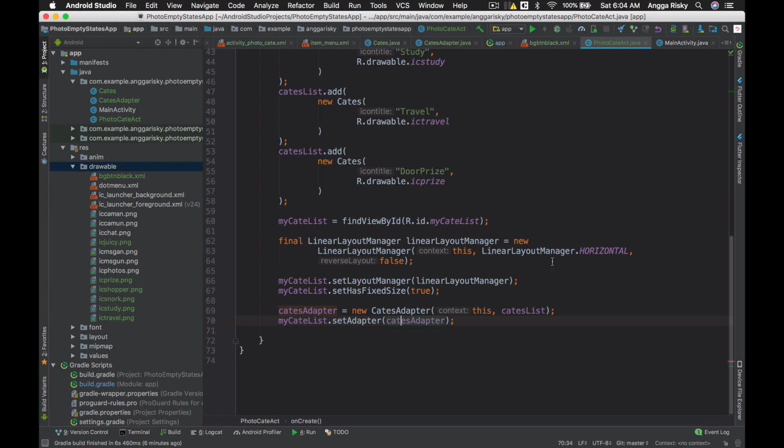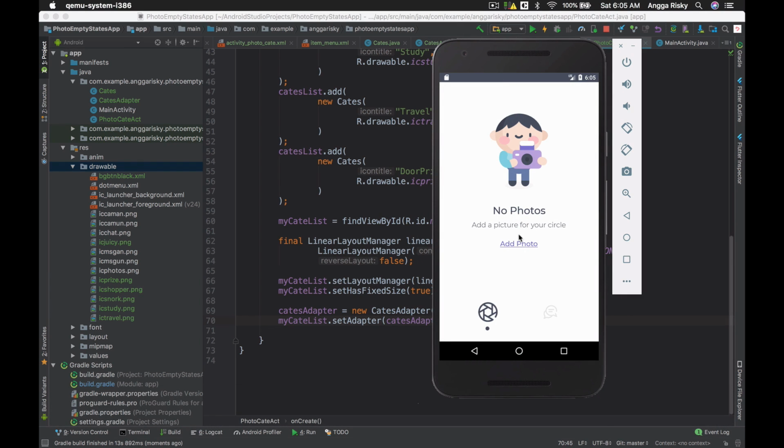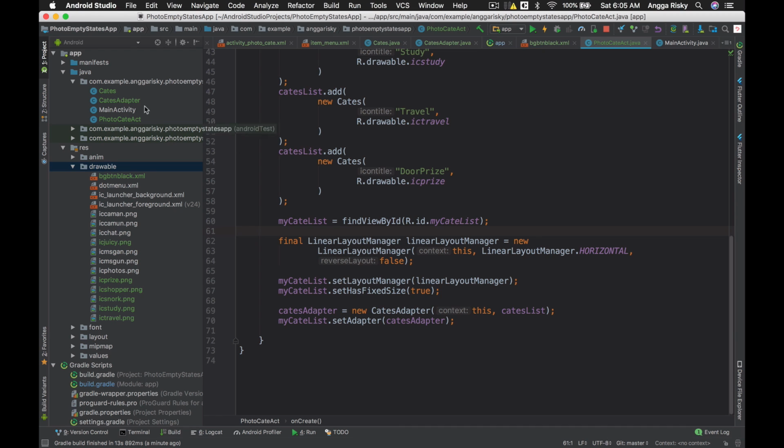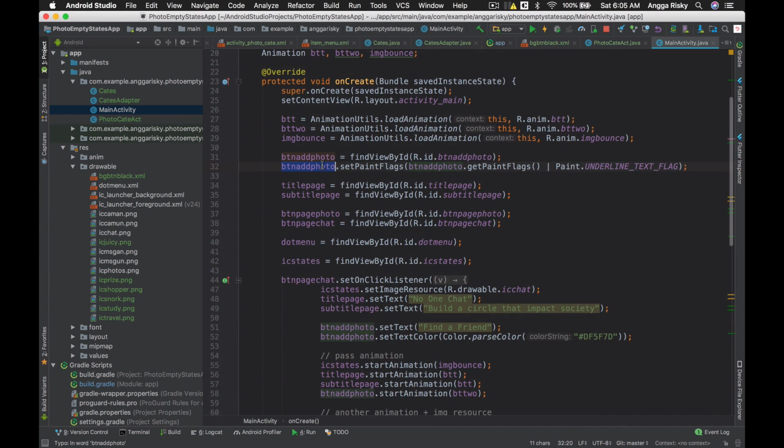Okay, so right now I think we're gonna try to run it in the emulator, but you'll see that we're not able to click the button, right? So that's why I have to go back into main activity and look for the button, this one, button add photo, and this one, right?